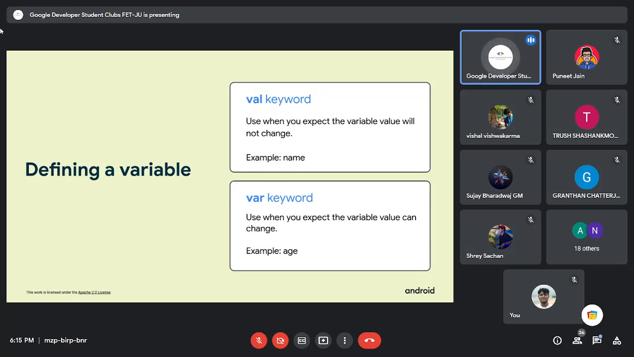When we use val, the value that we have input doesn't change with time. For example, my name is not going to change till my death. But my age is going to change. So what we can do is we have a special variable in Kotlin called